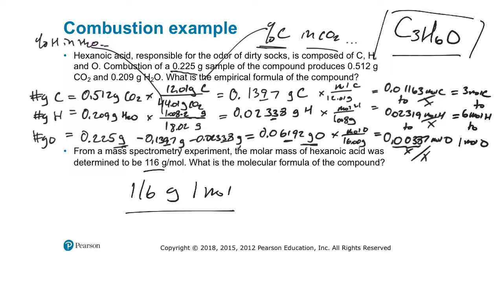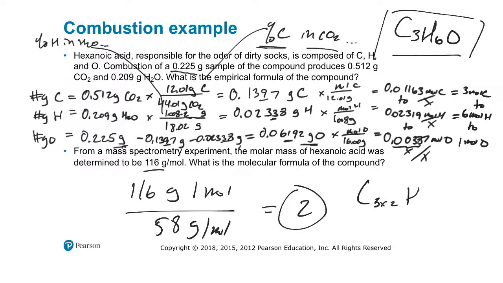That works out to be 58.08. So we'll say 58 grams per mole. I think you can see that works out to be a factor of 2. So we're going to have 2 units of the empirical formula in the molecular formula. So it would be C3 times 2, H6 times 2, and then O1 times 2. So of course that's C6,